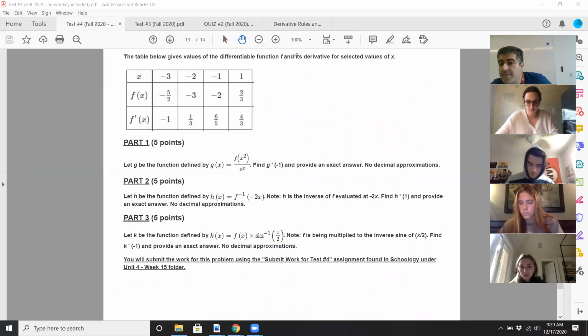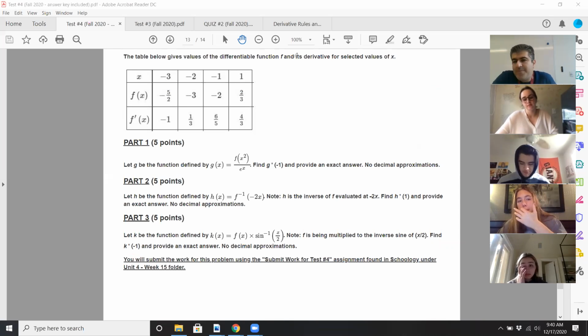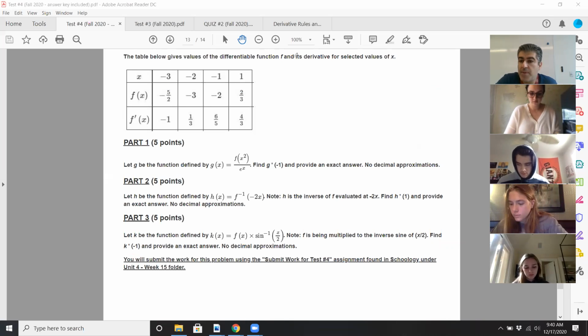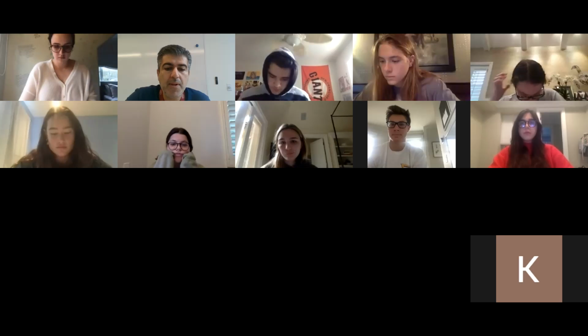But I will consider curving it if that will help some people. Some grades did drop from an A to an A minus or A minus to B plus after this test. But if you do the corrections, you should be able to get back to that other grade. Grades may not matter anyway. Some of you guys are already in college, and as long as you don't get C's, and I don't think anyone's really in danger of that. But if you do want to finish with a better grade, you have that opportunity. So use this opportunity for the next 30 minutes. I'll put you guys in a breakout session just a minute or two from now. Really quickly, let me